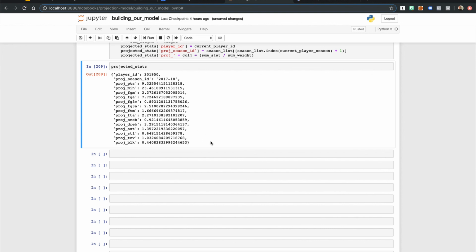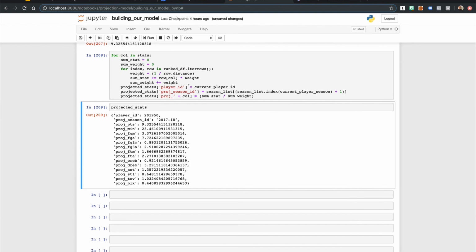Now, this was using all of the compared players' current season, but what we really want are these players' next season stats, which means we need to refer back to the master data frame that contains all of their player seasons. So if we wanted to get the weighted average using multiple players next season, we will do virtually the same thing. However, we're going to replace the data frame